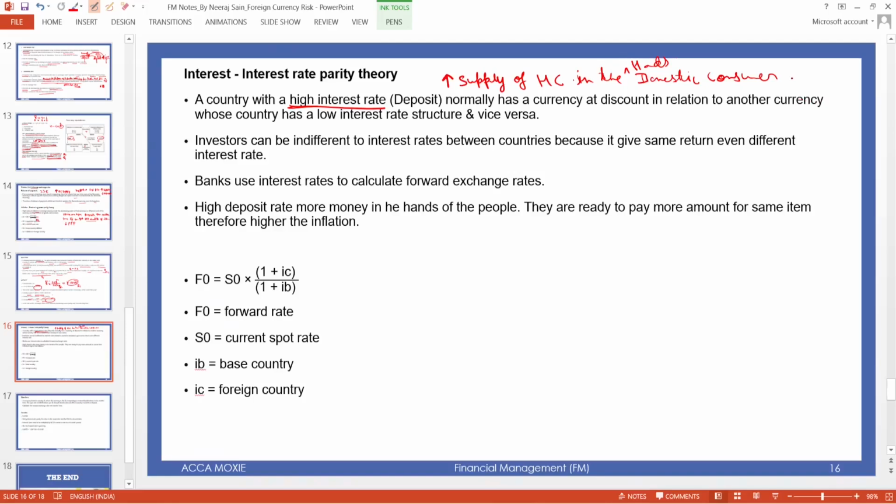So if you have more money, you will quote a higher